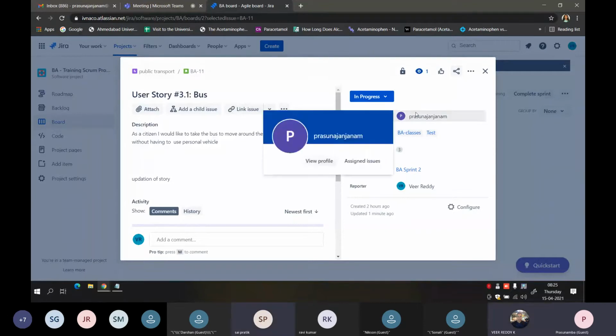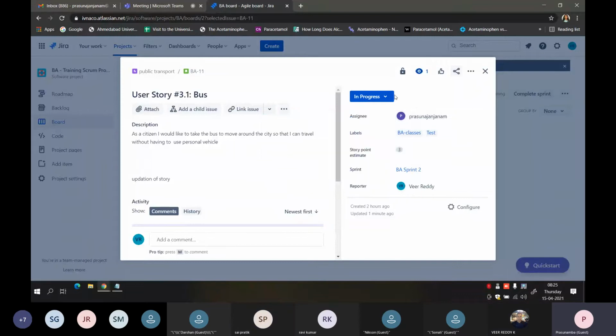Now it is this person's responsibility to either complete the task on the same day, or move it to do and comment stating that they already have other work, and that this will be started on another day. Then they can again move it to do. As I said, these are default ones: to do, in progress, and done are just the default ones.